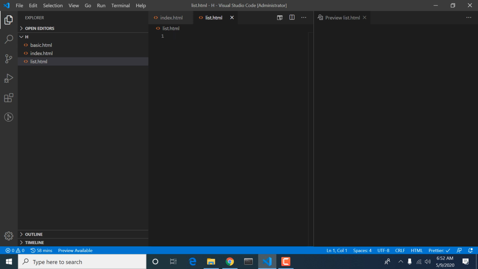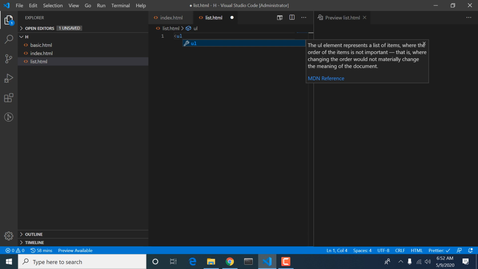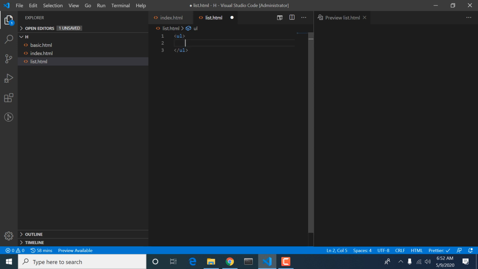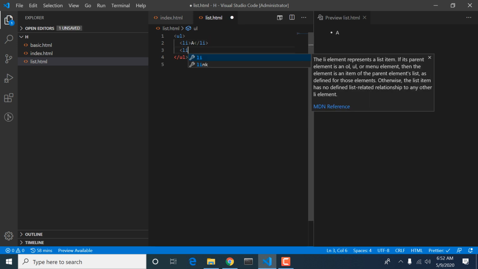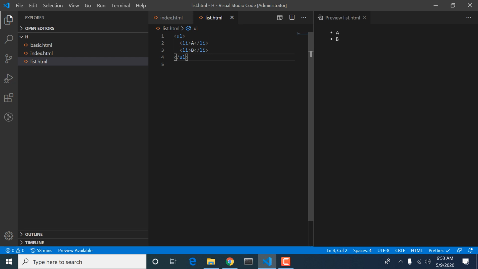So we are writing our unordered list here. Unordered means there is no order to the list.